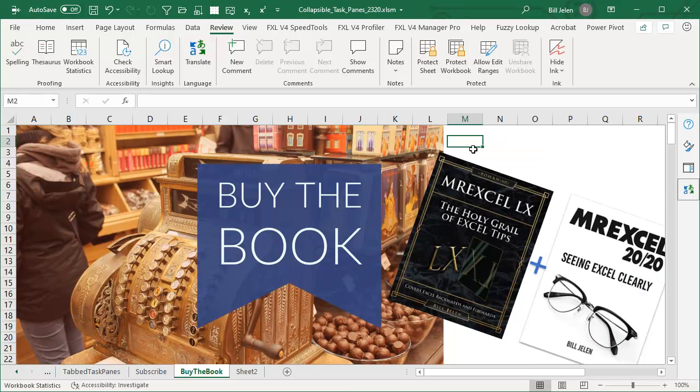So let me reduce this, right? And see, I don't like OCD. I don't like that active cell there. And so I'm going to press the left arrow key to move it over behind the picture. I can't just click on K because it'll select the picture instead. See, I don't want that. I want to take that active cell and move it without having to use the go-to box. So left arrow key, right? But